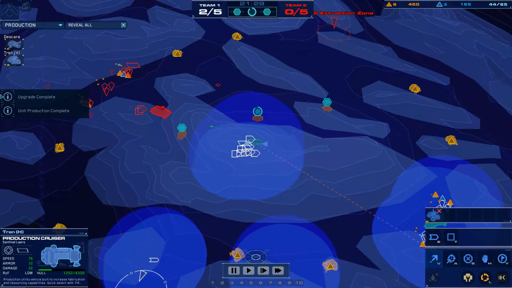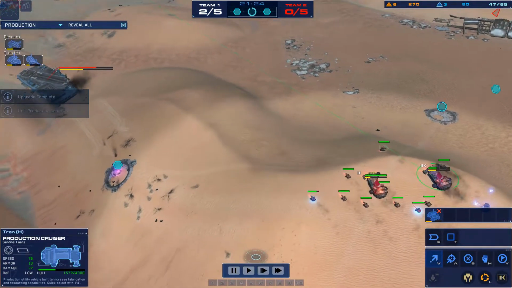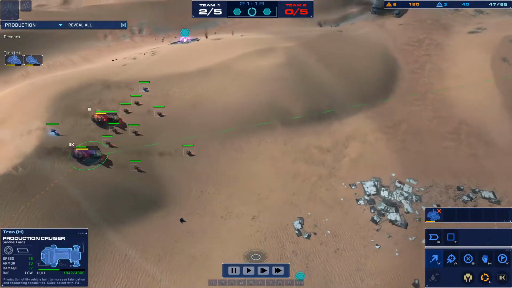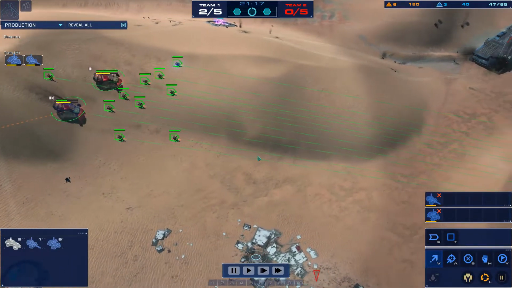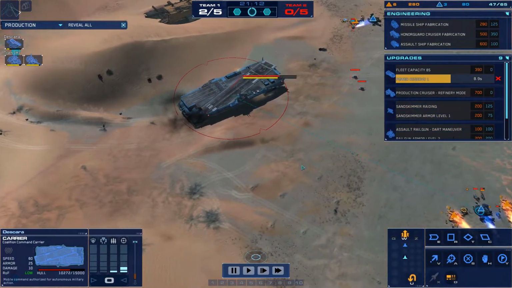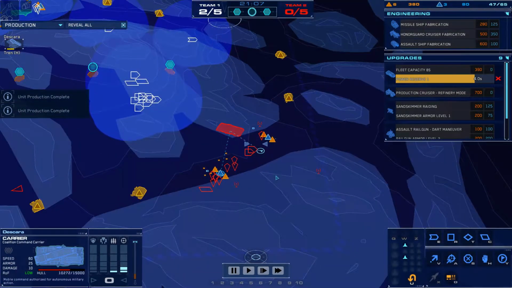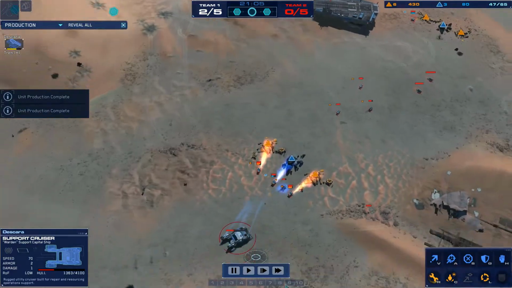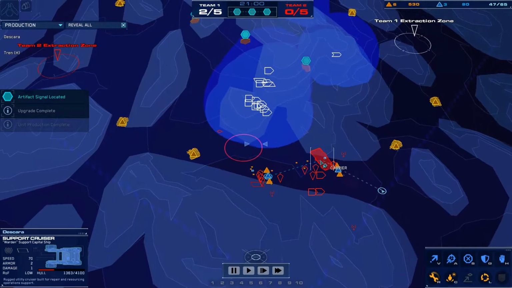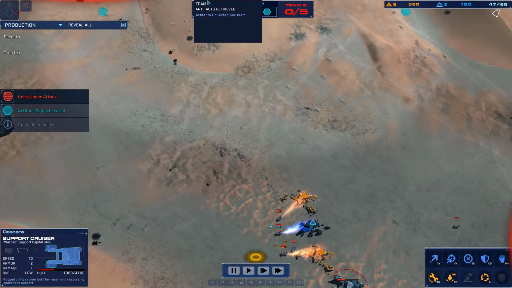If he would have taken out that production cruiser, Tren would probably be a bit more apprehensive about moving in again, but now that production cruiser is regenerating health since it's out of combat. Tren is moving in with his 9 assault railguns and 1 heavy railgun, while Descara has a damaged carrier. He lost about a quarter of his health. He does have a support cruiser on the field, but it's supporting these salvagers on the other side. So it looks like he is moving in that support cruiser to try and heal